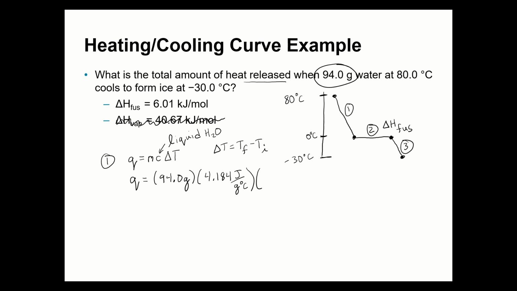Okay, but we don't want to come out with a negative value. So it would technically be 0 minus 80, but we'll just want to switch that value to positive when we get there. Okay, and that is degrees Celsius. So your degrees Celsius cancel, your grams cancel, you're left with joules, and that should be 80.0. So that is 3 sig figs. So we do want 3 sig figs in our answer. And we get